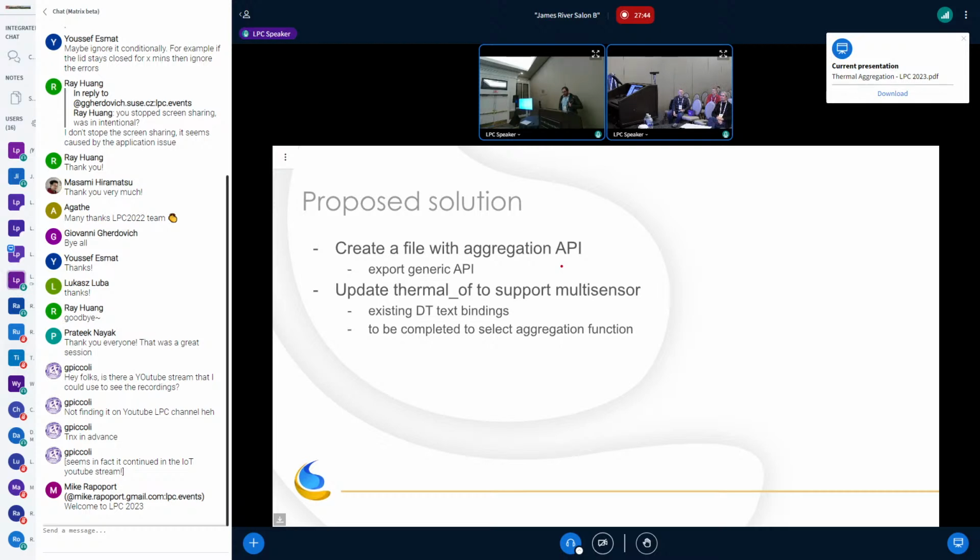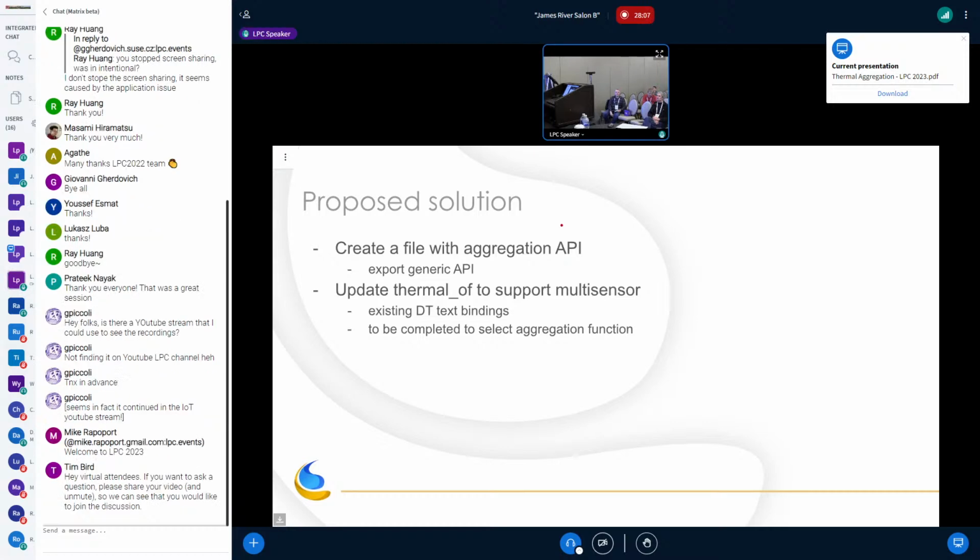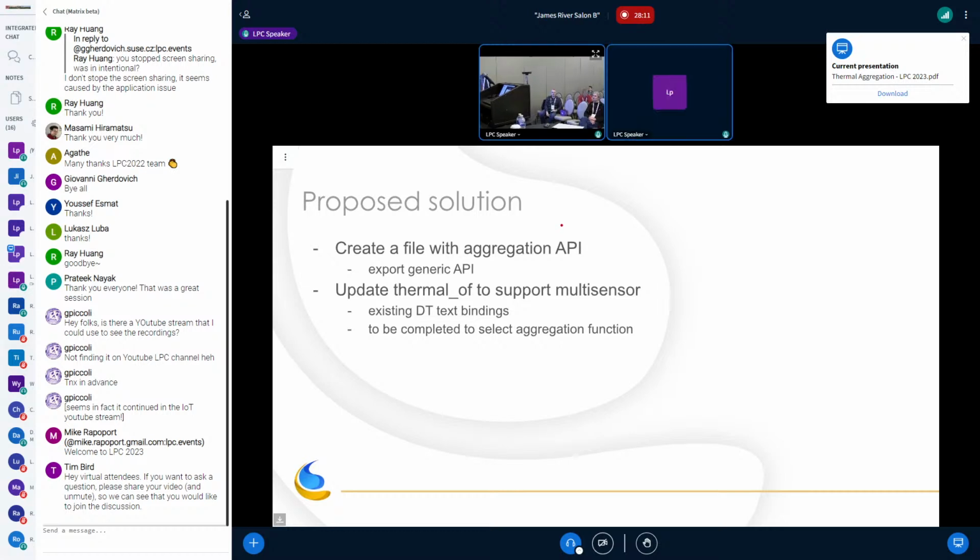Actually, it was called multiple sensors, and there was some kind of mathematical data to compute the value of the sensors. So the idea would be to use what already exists, and eventually also add some other aggregation functions such as the maximum or minimum value, if that makes sense and if it could be useful.